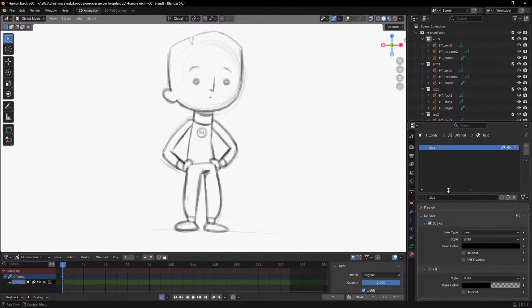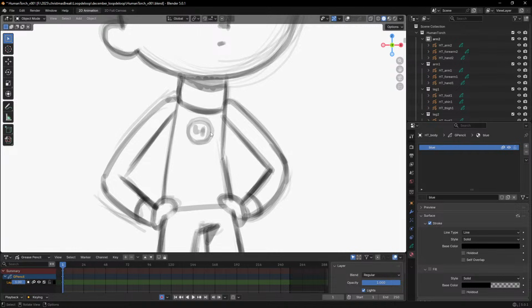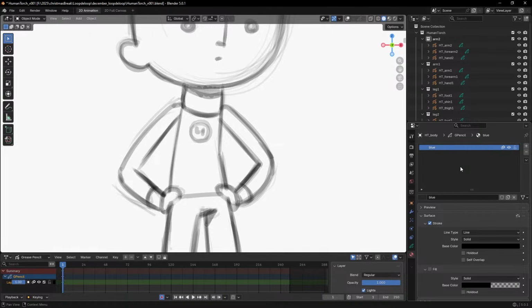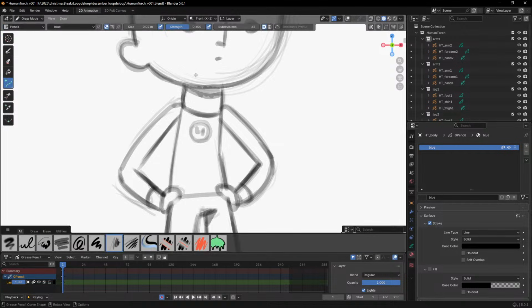Should be okay. Alright, should be good. I'm just going to leave it as just a black stroke for now, and then I'm going to, in drawing mode, I'm just going to